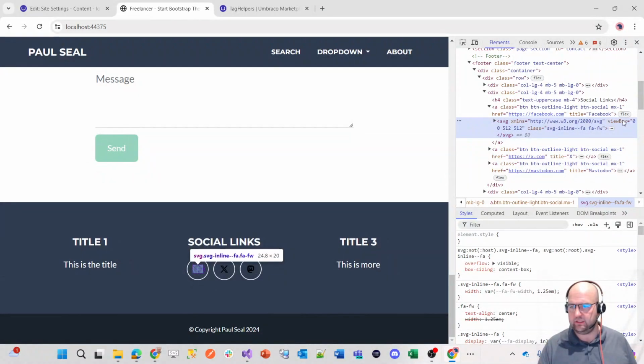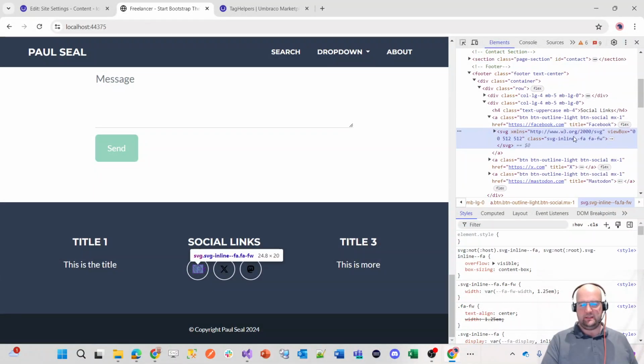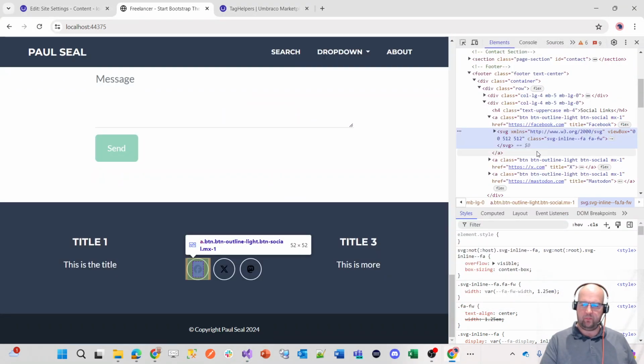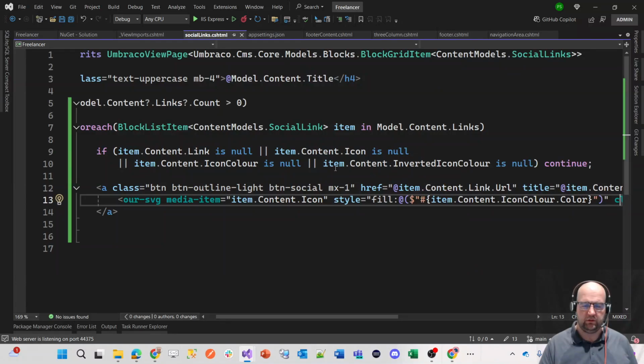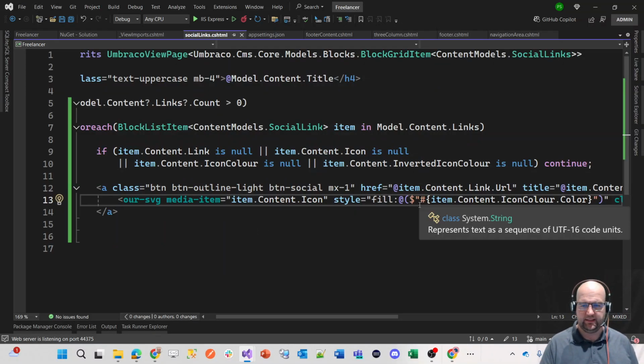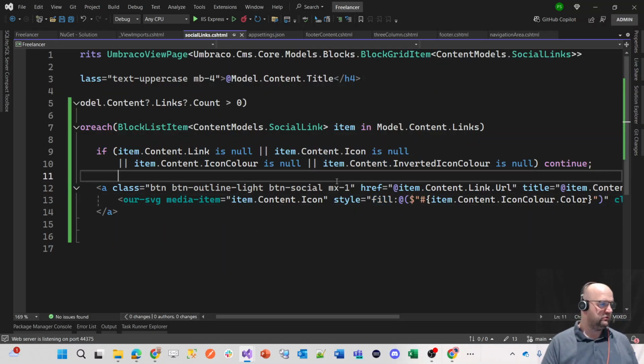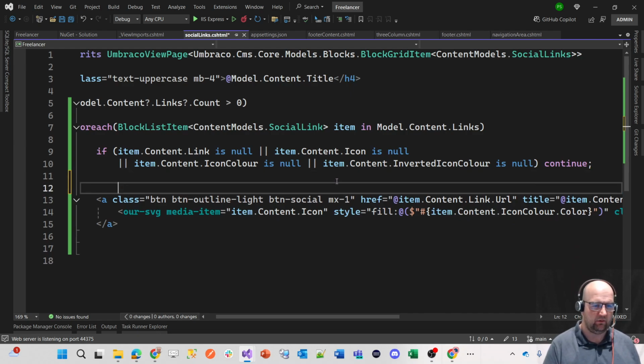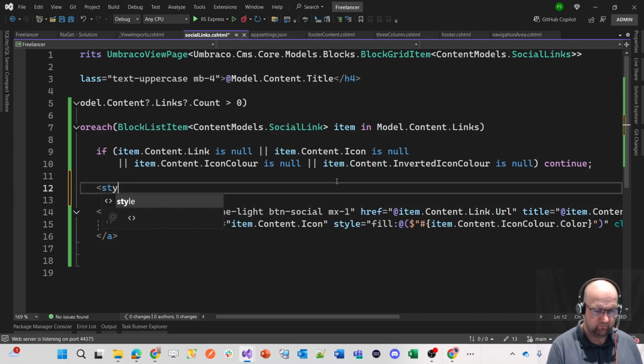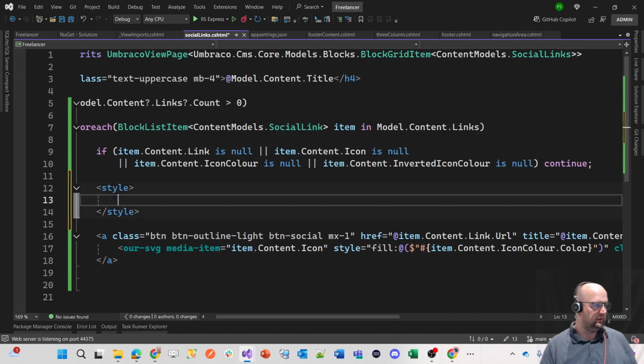So the SVG itself, it accepted the class, but it didn't like the style. So what we'll do is we'll do it how I've done it on this other one. So instead of doing that there, we will just create an inline style block. And then